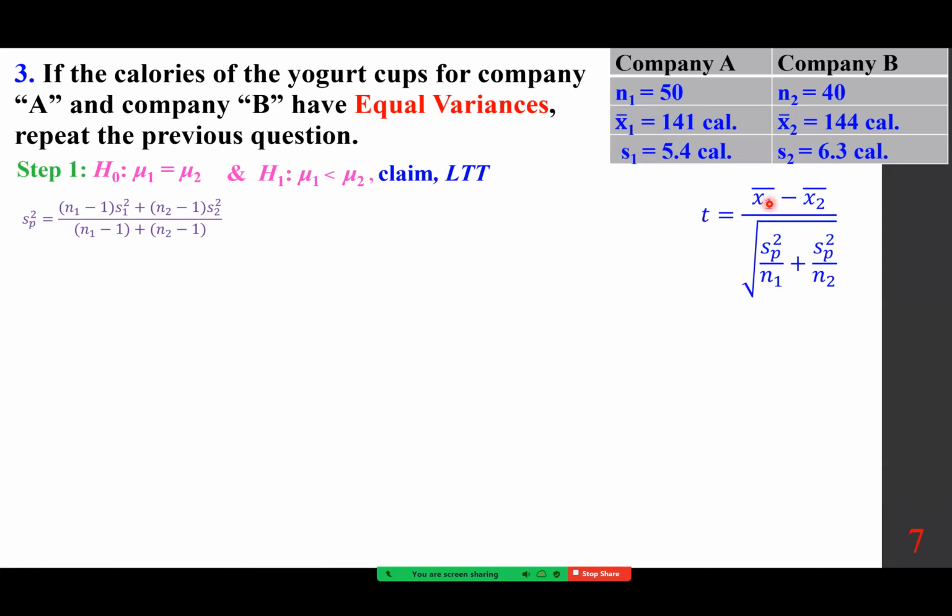The test statistic has this formula: x1 bar minus x2 bar over the square root of sp squared over n1 plus sp squared over n2. This s sub p has this formula, which is the pooled variance, and I'll show you with the technology as well. It is calculated as n1 minus 1 times s1 squared plus n2 minus 1 times s2 squared, over n1 minus 1 plus n2 minus 1, the sum of the two